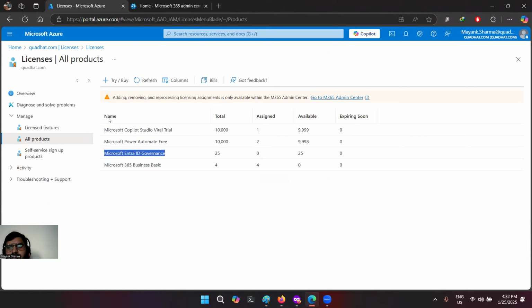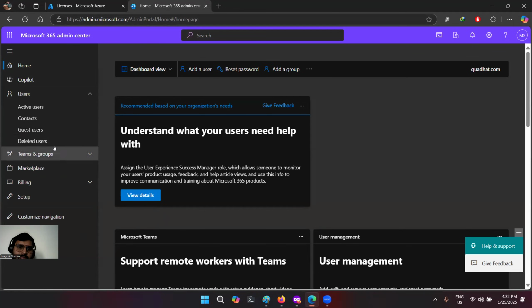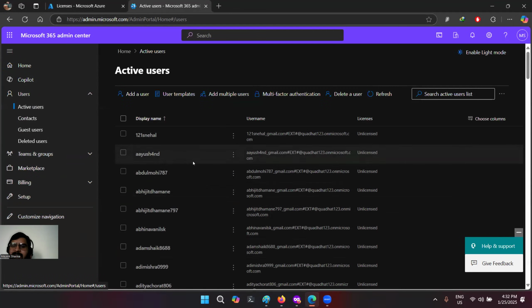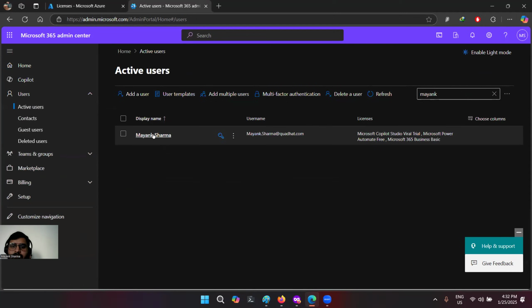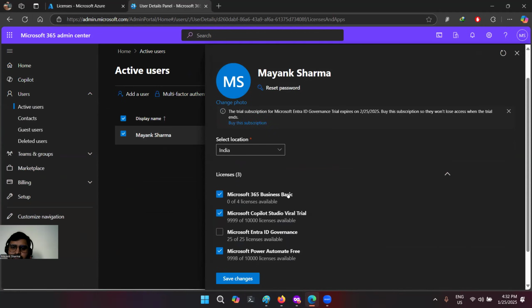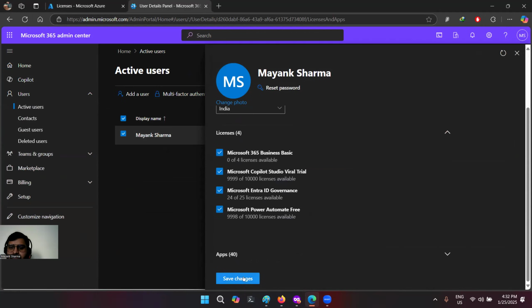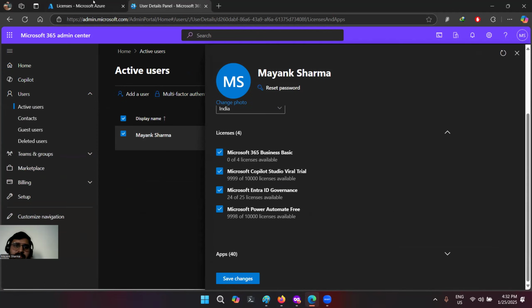Okay, they have done a very good thing to overall this. Okay, so from here you can purchase a license. Once you purchase a license, you have access to this kind of a dashboard. Then after that, you can come to this particular portal. And in this portal, you can assign licenses and all of these things to a user. So these are the licenses. I can just simply click here, save changes. Okay, so it is implemented.